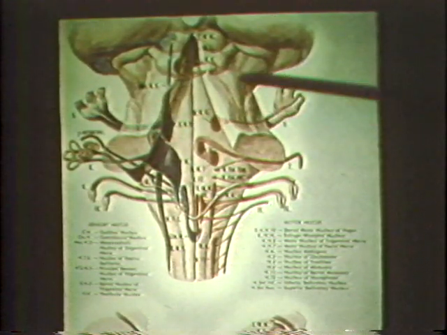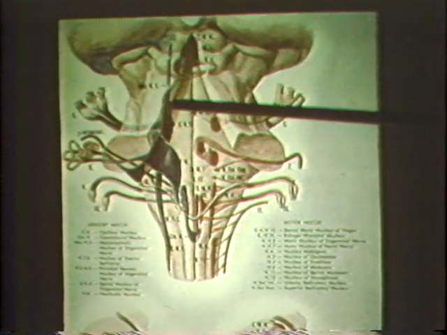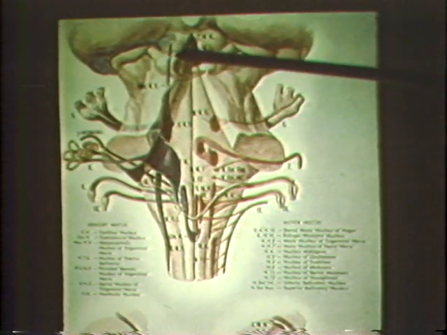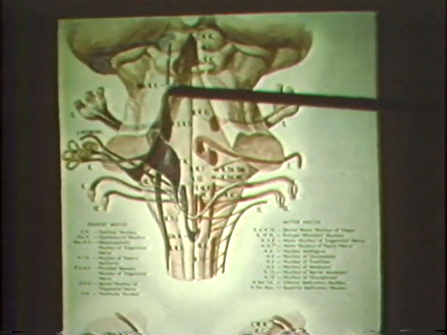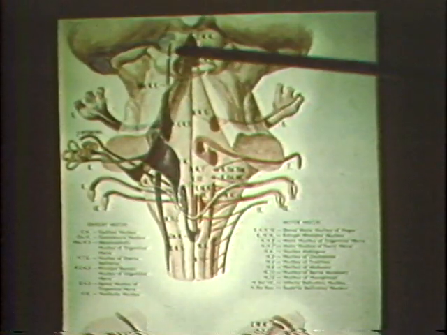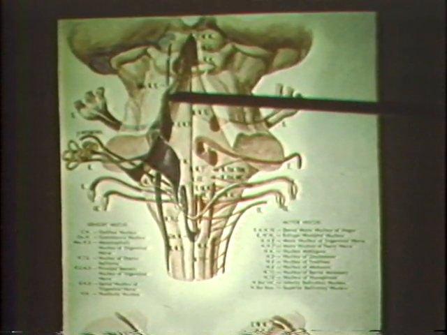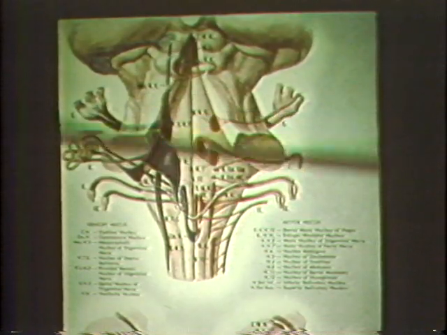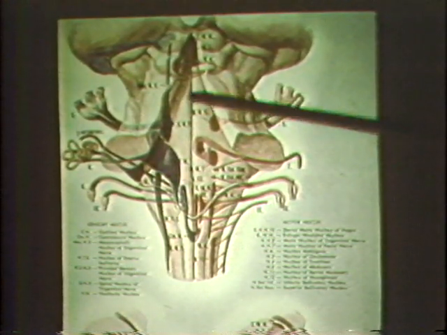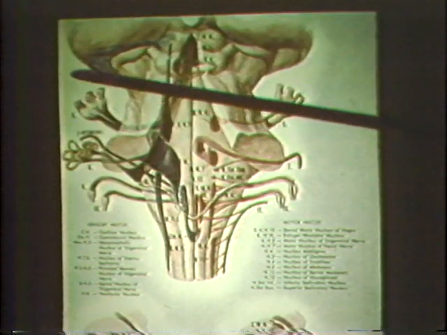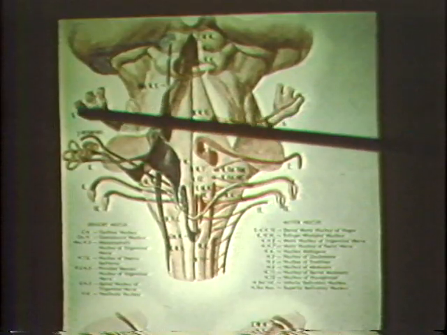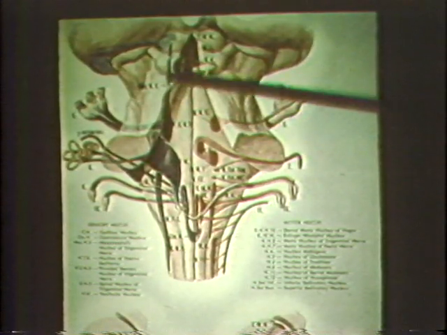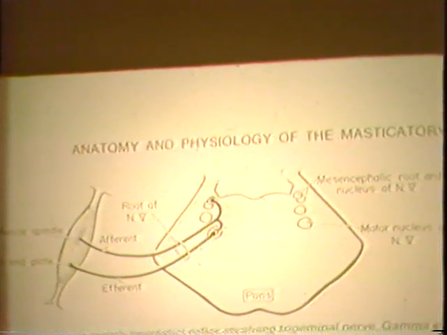These cells actually should be located in the Gasserian ganglion as they are in the dorsal root ganglion of a typical spinal nerve. The reason that they are not located there is that in the embryology and development of the central nervous system, these cells started their migration a little later than did the other sensory cells, and the process of development stopped before they could complete their migration to the Gasserian ganglion. So the cell bodies of the proprioceptive or muscle spindle receptors are not located here, but they're located within the mesencephalic nucleus of the trigeminal system. If we were to give a brief diagrammatic